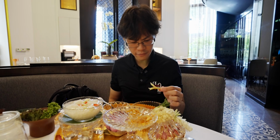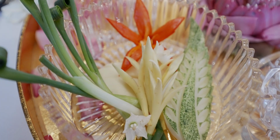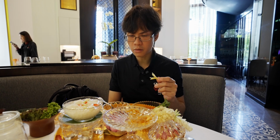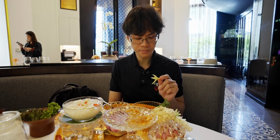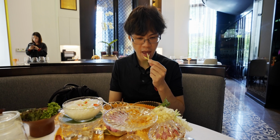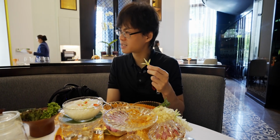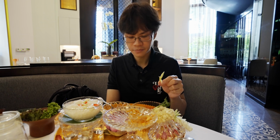Oh, this one has a very interesting flavor. It's a bit spicy, like holy basil type of spiciness, and a little bitterness, a little peppery, and even a numbing sensation. What is this thing? Ginger? I haven't tasted ginger this nuanced though. I think it's a different type of ginger. I think it's very fresh. Yeah, different. It's very similar to galangal. Oh yeah, that makes sense, because it tastes a bit peppery, numbing, spicy, with more depth